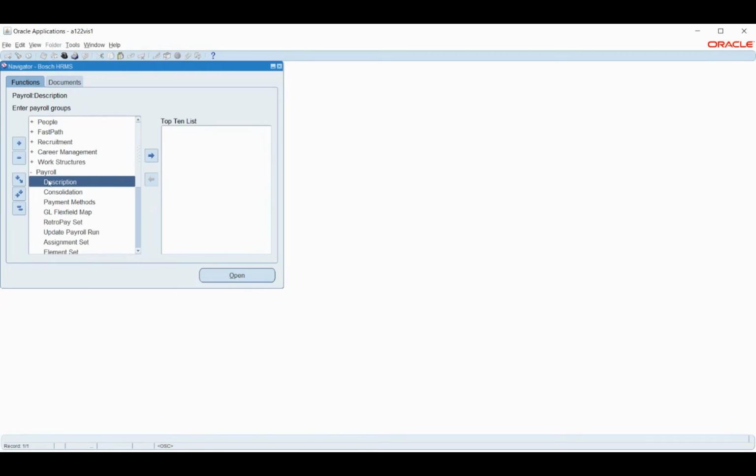Firstly, it is payroll. And secondly, we have a few other things like assignments, so we will have to assign our HR organization. And apart from that, we will have to link our costing flex field with our GL flex field. Those things also we will see how we can do, and the other things. To start with, I'll show the employee which we have created.